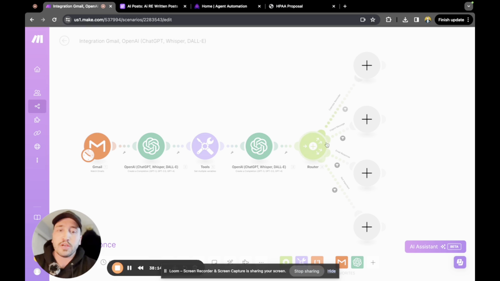So for this example, we have a Gmail automation that watches for new emails coming in. And then from there, it switches over to an AI module that determines what the intent of that email was. So if it was a spam email or a new lead that came in from maybe Facebook or from your brokerage or whatever,